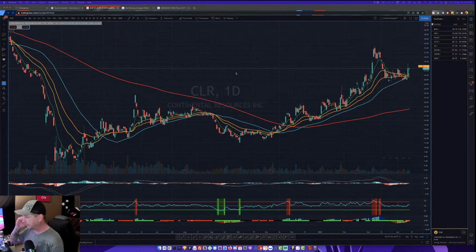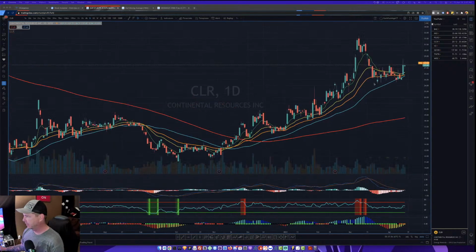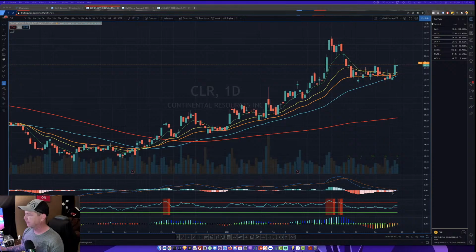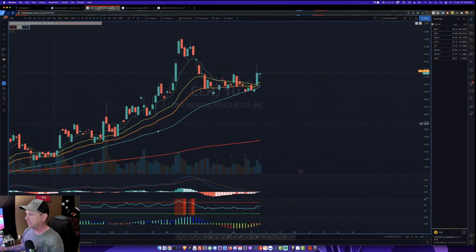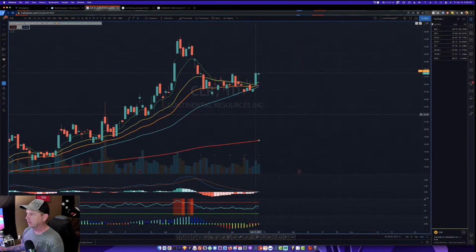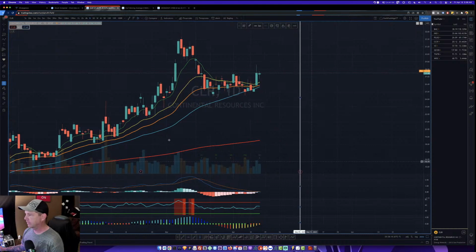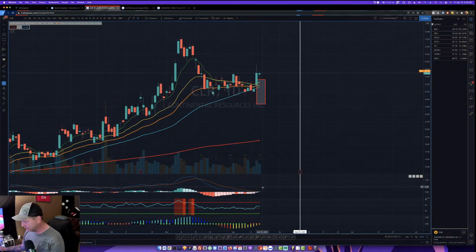CLR on the daily. Bring this in a little bit. All right, CLR on the daily. We've got stacked positive moving averages. We have earnings coming up here on May 5th. We have got stacked positive moving averages, as can be seen here. We've got a golden cross on the daily starting to happen